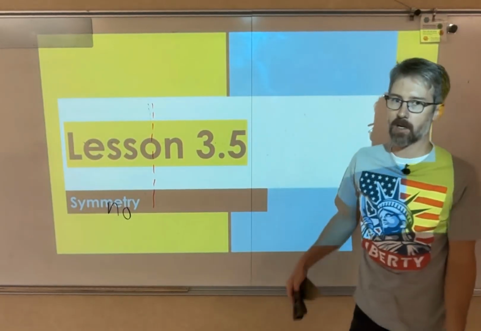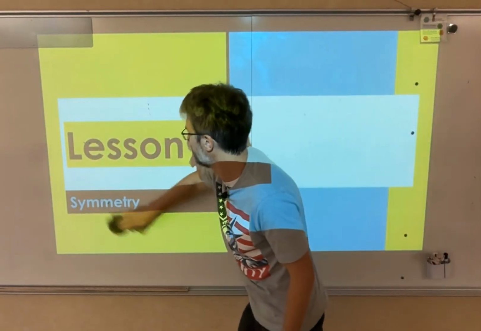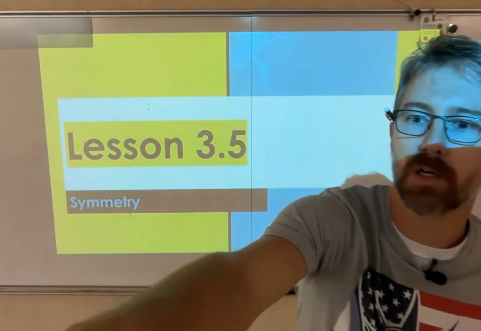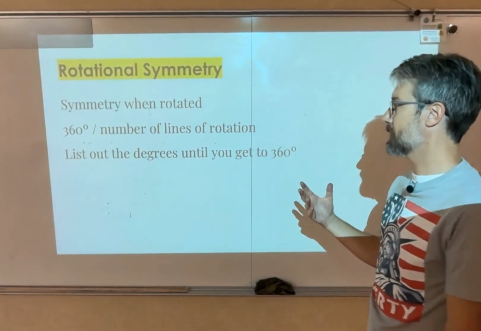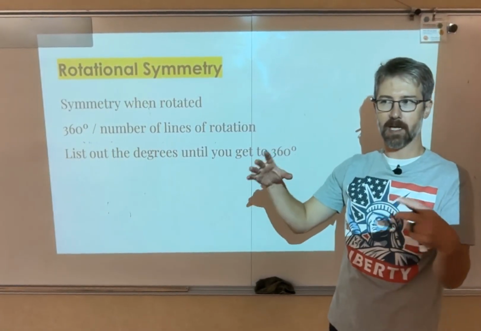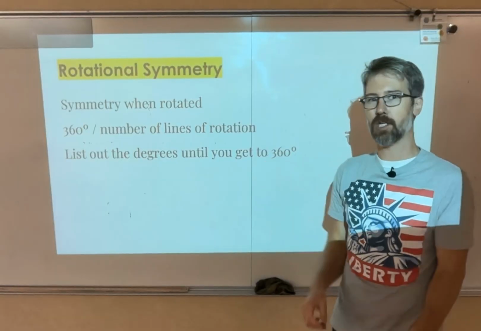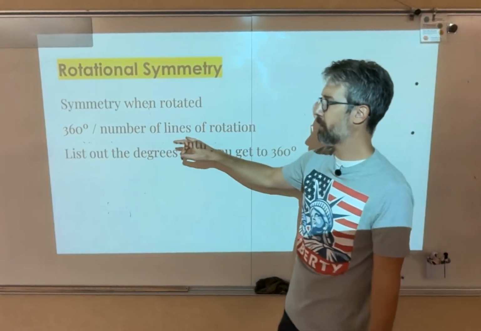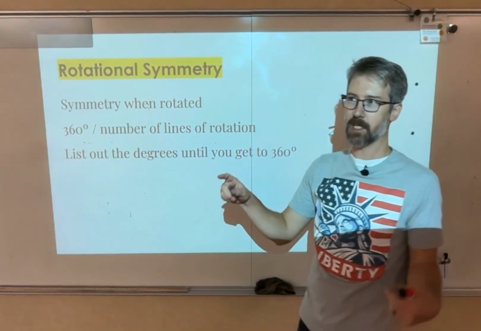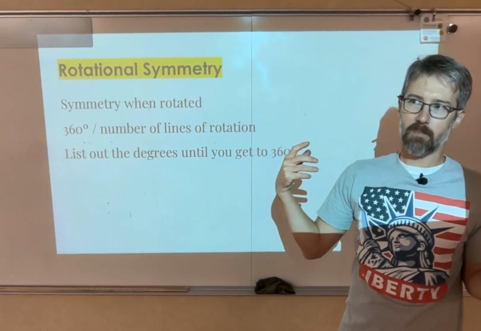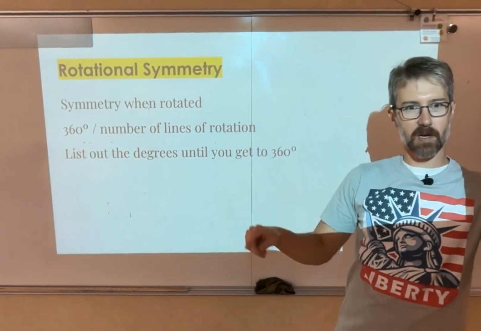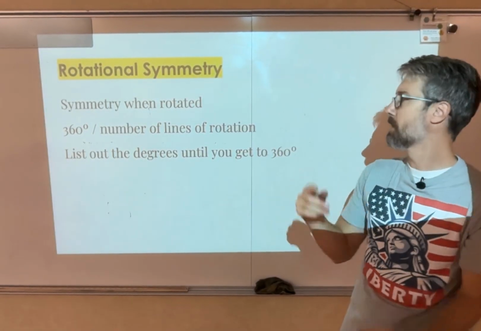In this video, we'll talk about rotational symmetry. All right, so what is rotational symmetry? It's when you can spin something and it comes back to the same orientation and doesn't change. The way we can figure out our rotational symmetry, we list it based on the degree of the rotation that it takes